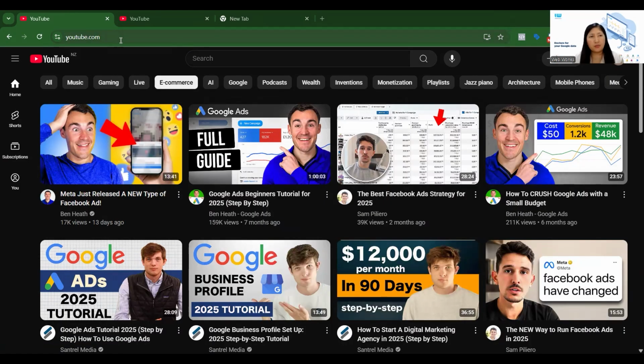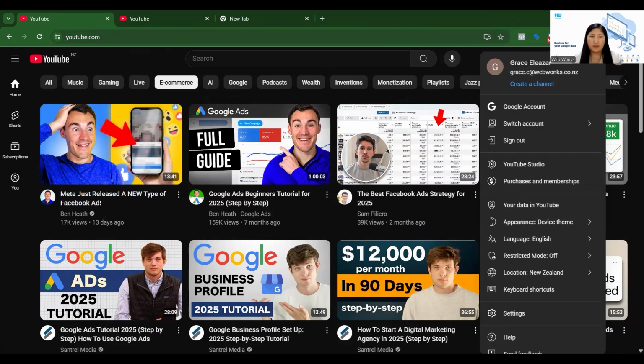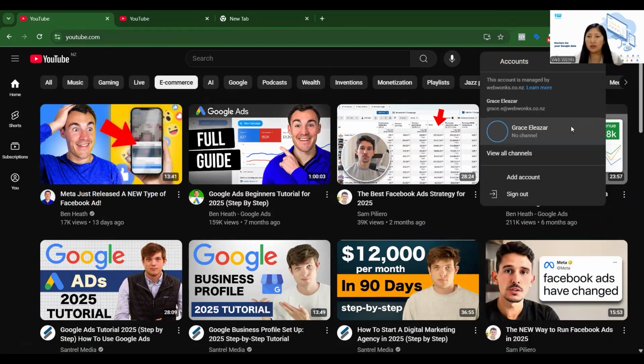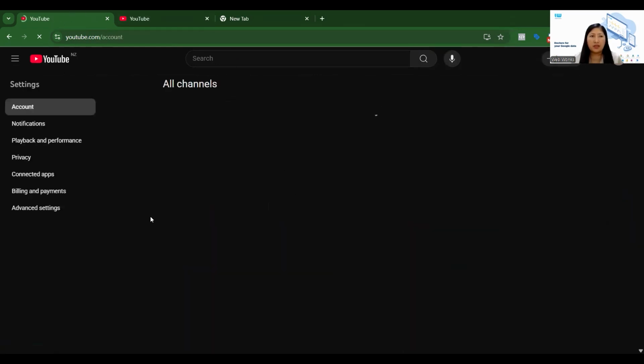So the first step is open your browser and go to youtube.com. Sign in using your company email and then click on this profile icon. So if it's the first time that you are creating using your company email, there should be an option immediately in this section to create a channel. But for this account that I am using, I have to click switch account and then view all channels. Then that will take me to this section. Click create a channel